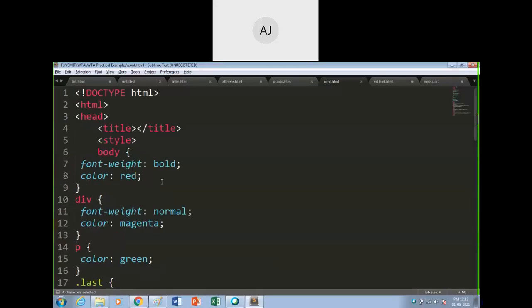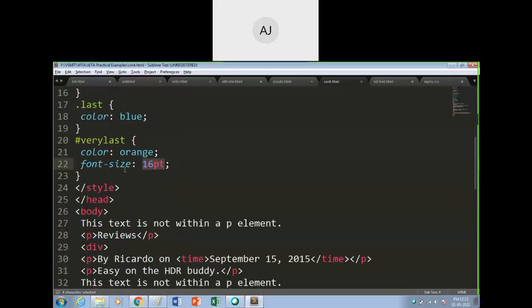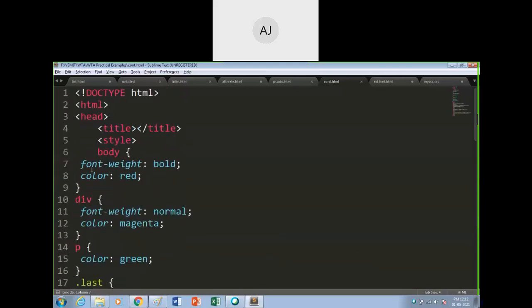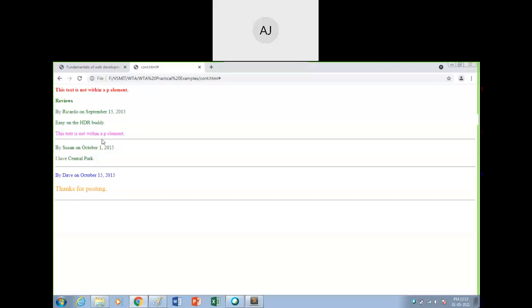Yes, fine. So for this, anything other left? For the body, what will be the color for the body which you have written at the first? Body font weight is bold, color is red. Is everything red? No, it was first, but you have overwritten the values because of the specificity. You have specifically initialized. It is similar to your normal CSS.